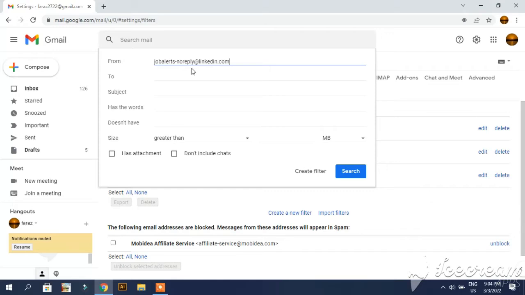I pasted the address here, and you can also select here the subject of particular emails or some words which that particular email has which you want to delete. So I will simply now select this option, create filter,